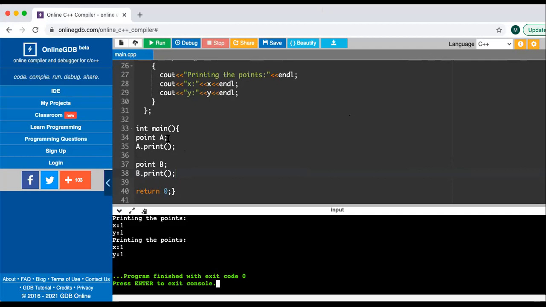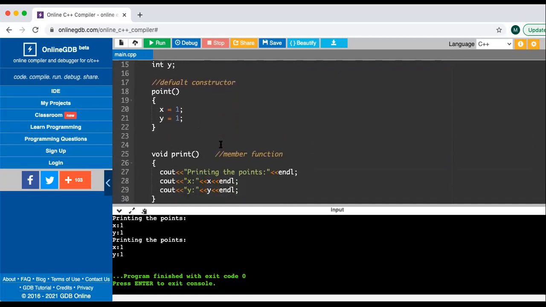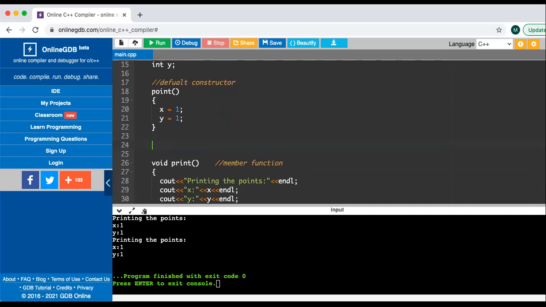Its data members have been initialized with 1 1, and B's data members have also been initialized with 1 1. But what if I want to initialize B differently? I want to initialize the x and y of b by using the value 2 and 2. So in order to do that, I'll have to declare another type of constructor. This is what you call a parameterized